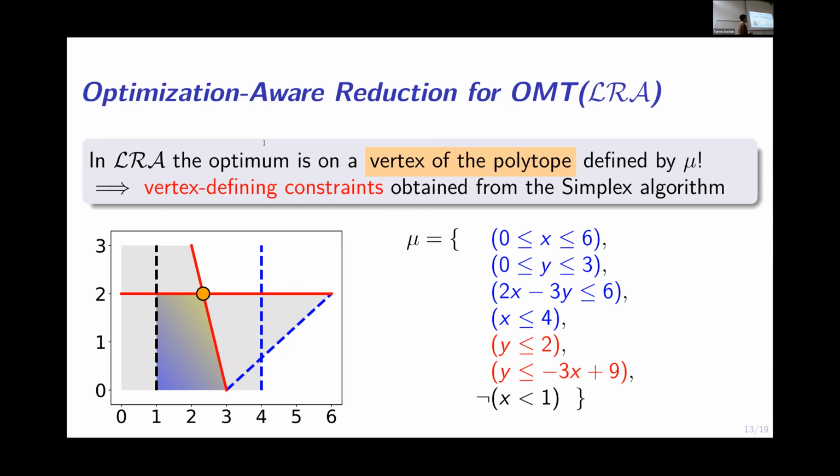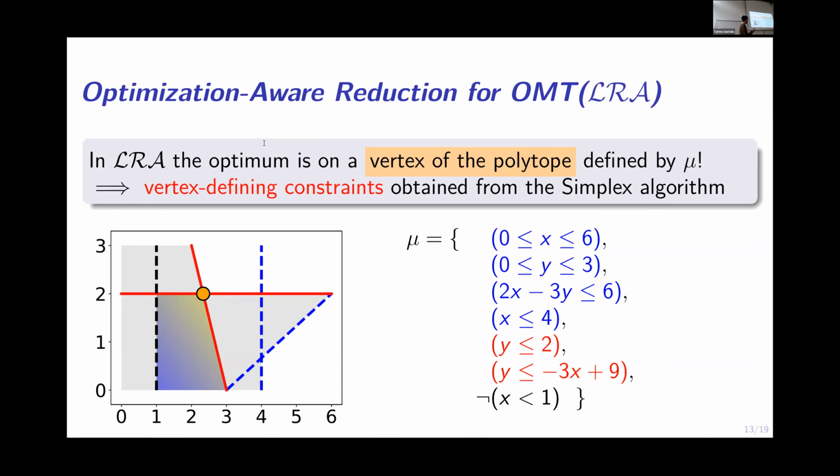And also we know from the algorithm that we can get the constraints defined in such vertex for free from the tableau of the simplex algorithm. So we can just ask the theory solver and minimizer which are these constraints. So for instance, in our case, these are the only two good candidates constraints to drop, because if we drop these, then the optimum model wouldn't improve. So we can choose either of them